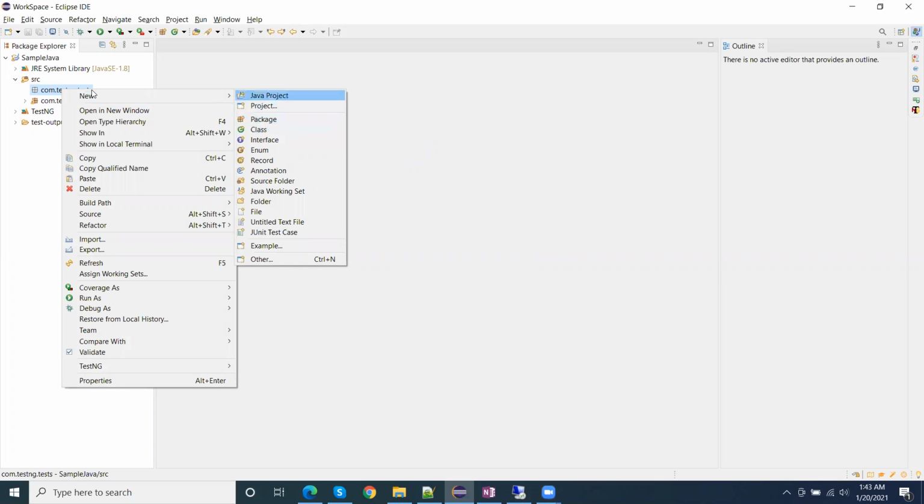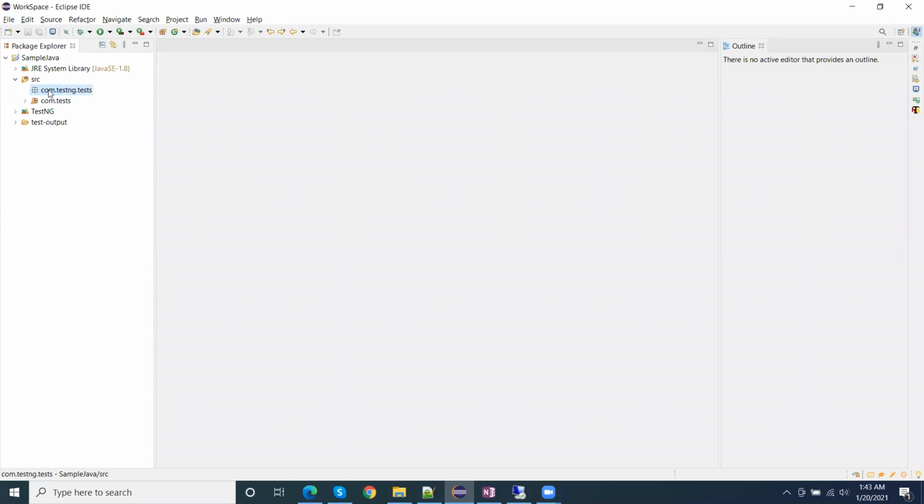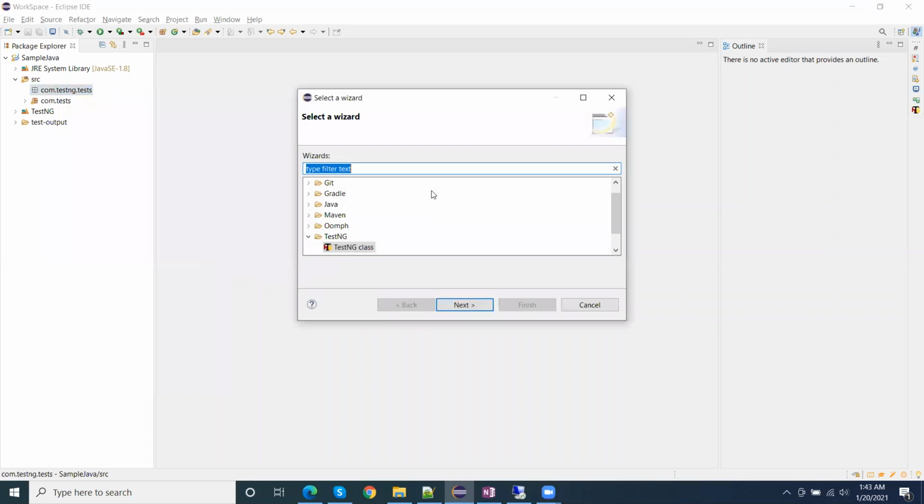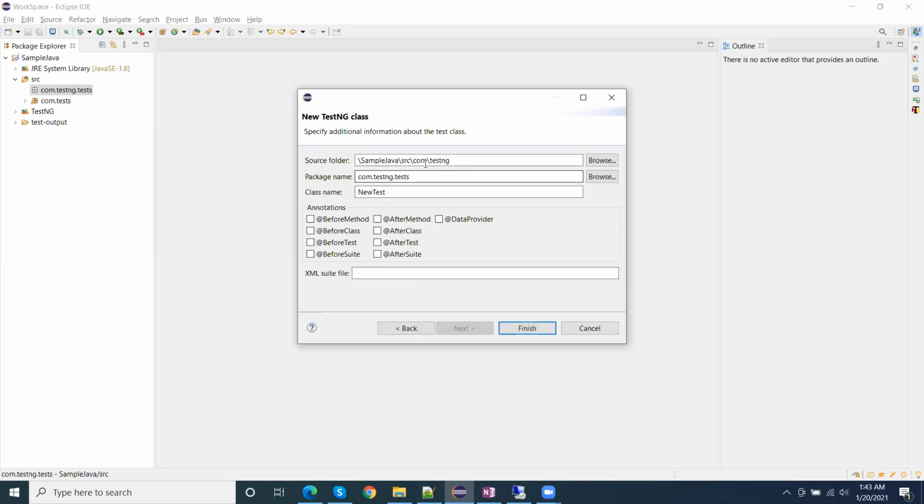I am going to create the TestNG test Java file. When we are creating it for the first time, if we don't have any template of the TestNG suite XML file, we can get one by creating the TestNG test. Click on the Next button. This is the source directory. Currently our source is src, and this is the package. So our test will be created under this package.